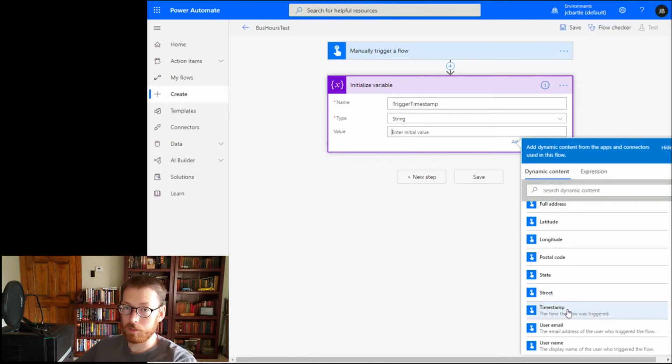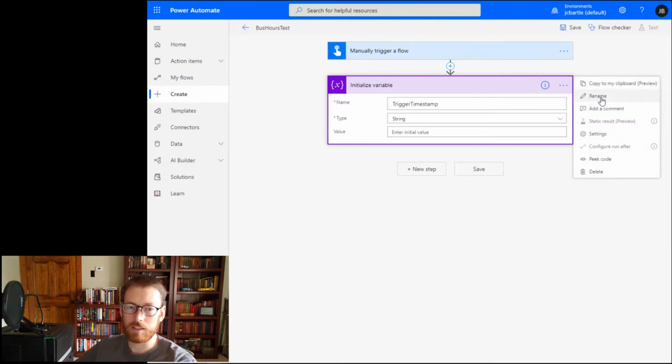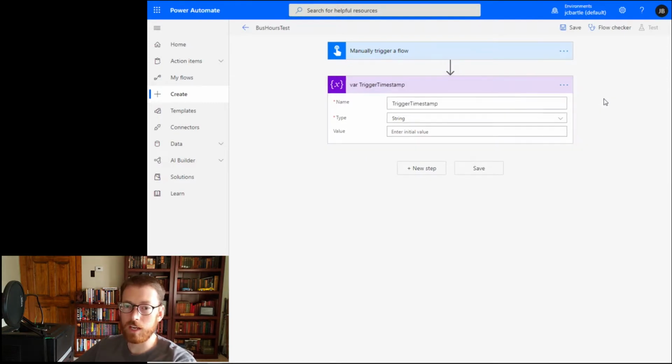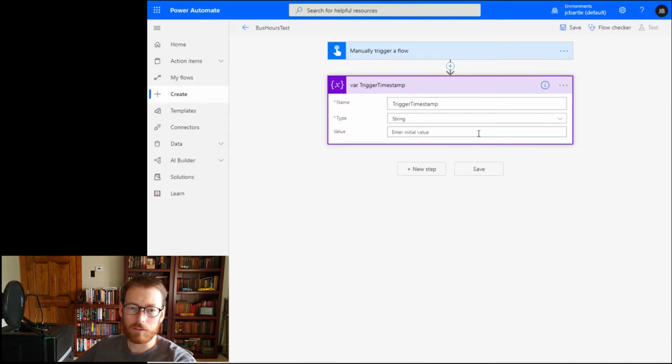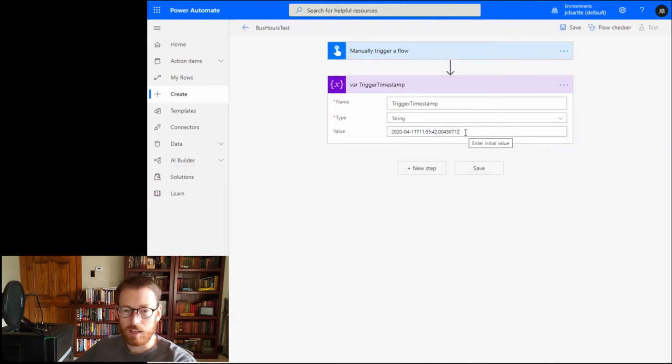For demonstration purposes, I'm just going to hard code a value in here, and then that way we can change that as well to simulate different days, different times, etc. So we're just going to throw this value in there, and yes, that is basically the exact value you would get from the timestamp